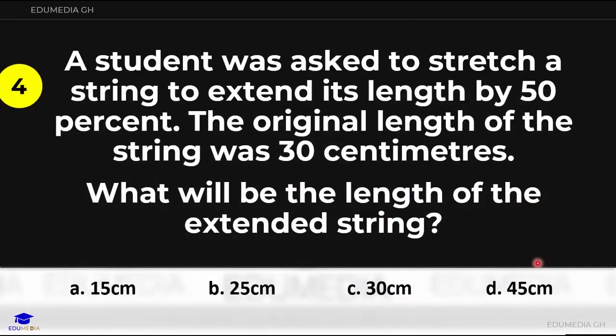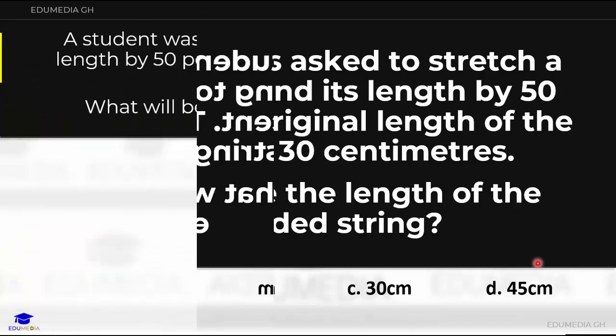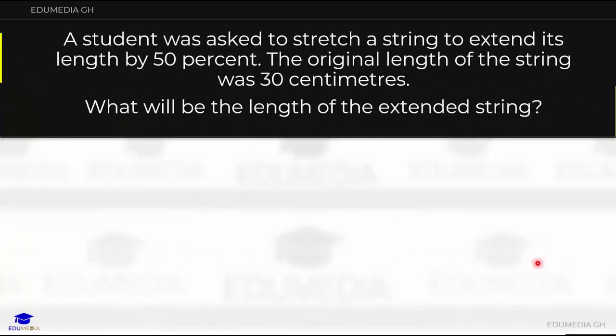Question number 4. A student was asked to stretch a string to extend its length by 50%. The original length of the string was 30 centimeters. What will be the length of the extended string? From the question, we know the length of the original string, that is 30 centimeters. And we also know the length by which the student is supposed to stretch the original string, that is